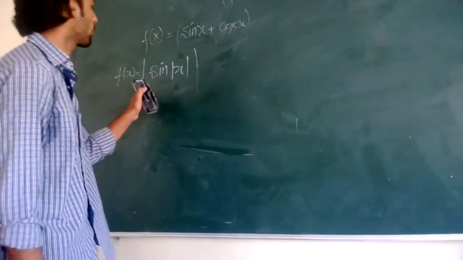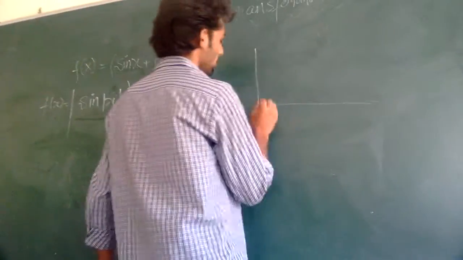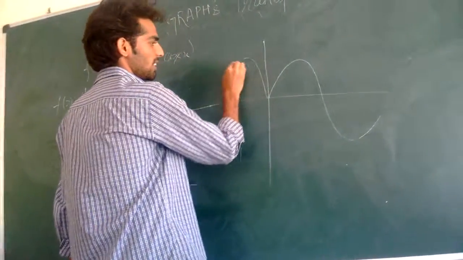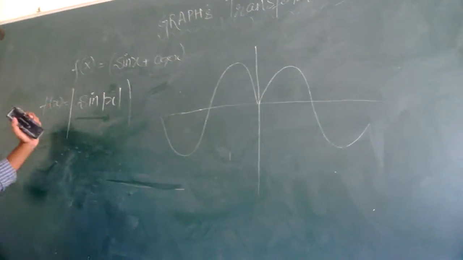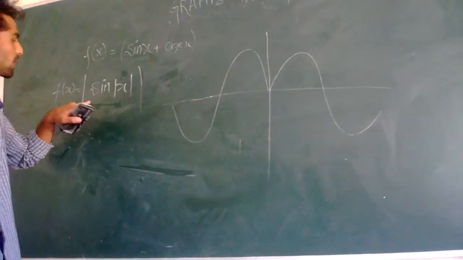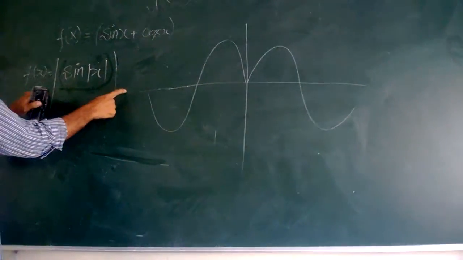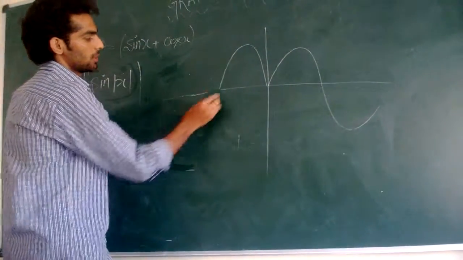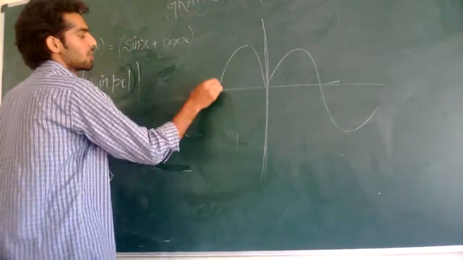Then our fourth transformation, that will be whole mod. For this we have to draw first sin of mod x, that we did just now, which is this type of m. Now since here there is a limitation in domain and range both, even if we get a negative value for this, it will become positive. So the range will be now positive only. So here the mirror is on y-axis as well as on x-axis, so this becomes